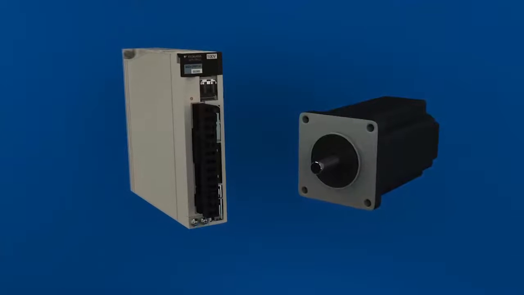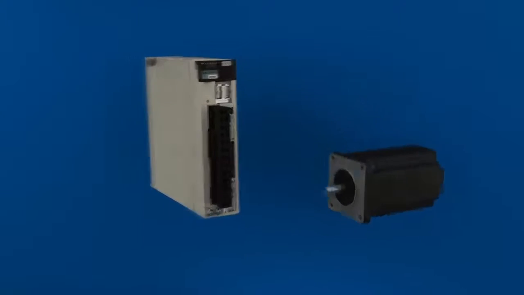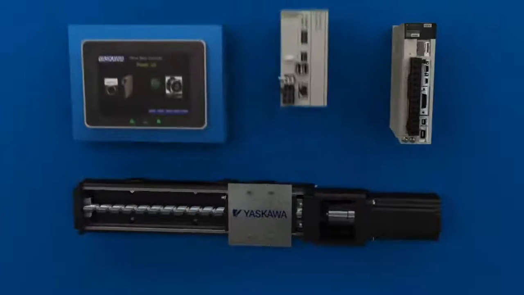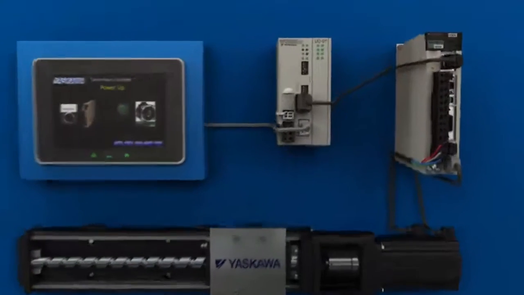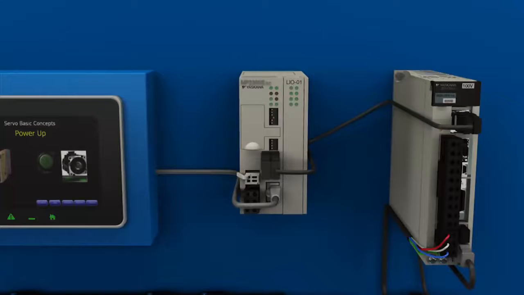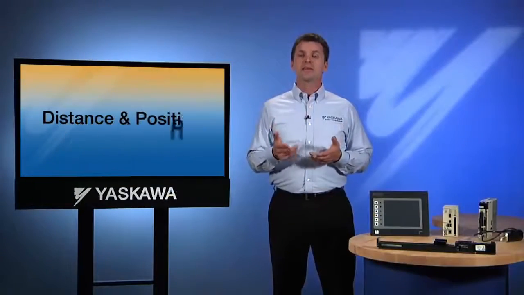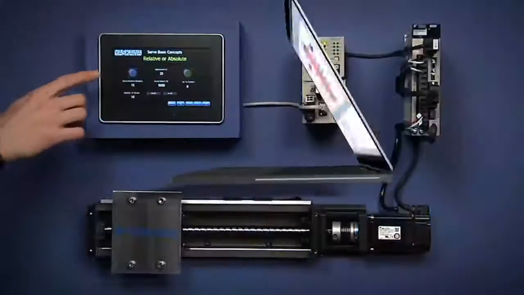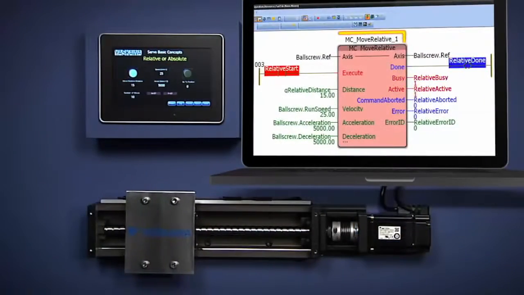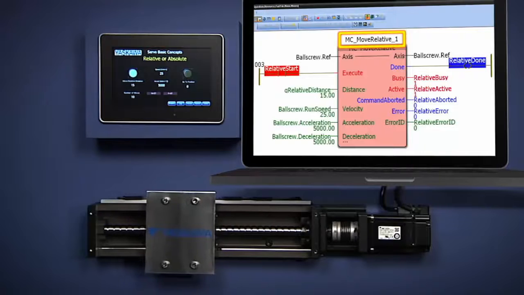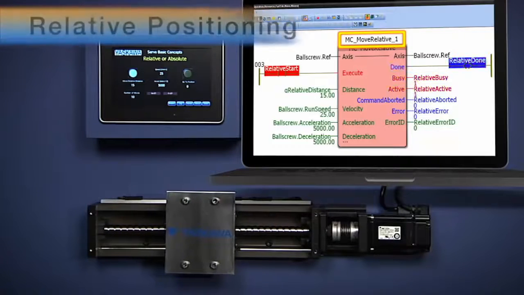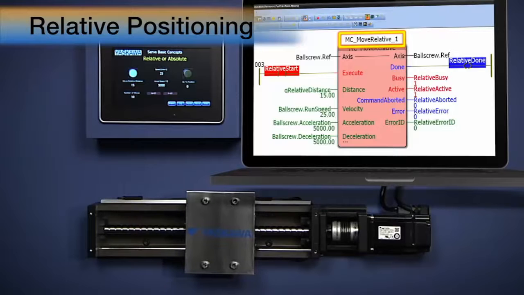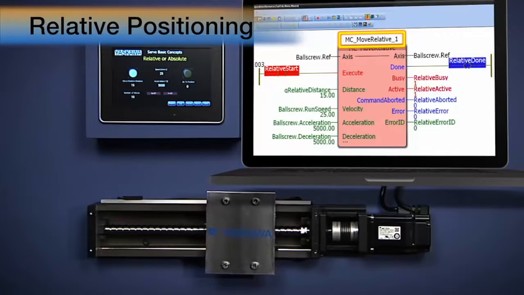While the servo amplifier and servo motor are the devices at the heart of the motion control system, let's move our discussion upstream to the controller, where all the commands originate. The topic of controller programming is beyond the basics, but we can cover some fundamentals, like distance and position. The program may require the servo mechanism to travel a certain distance relative to its current location. This is called a relative move, and this approach is helpful when programming a move that needs to repeat itself